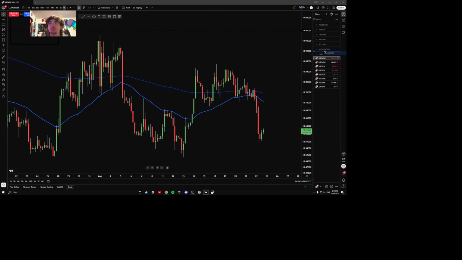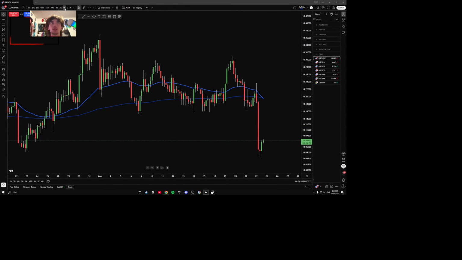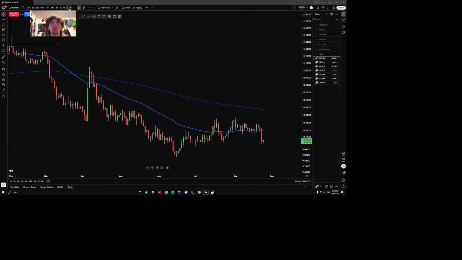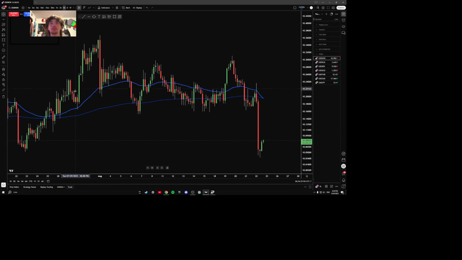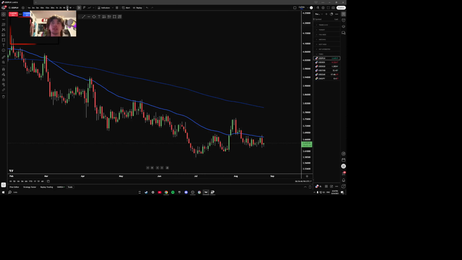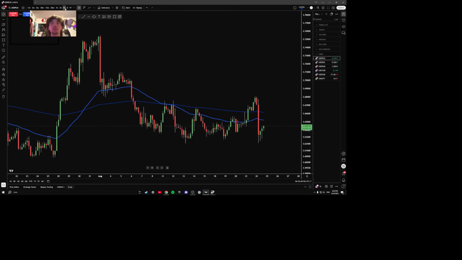I'm not seeing anything. USD knock. Ranging. Broke. Possible break and retest. I don't like it. USD PLN. Possible buys. Not interested. USD